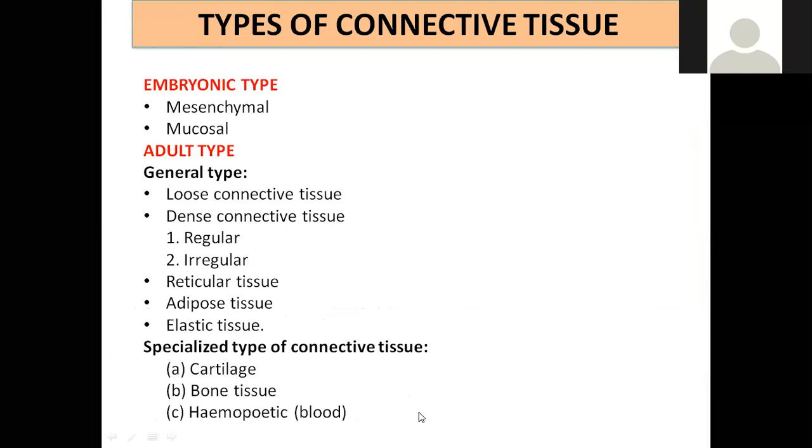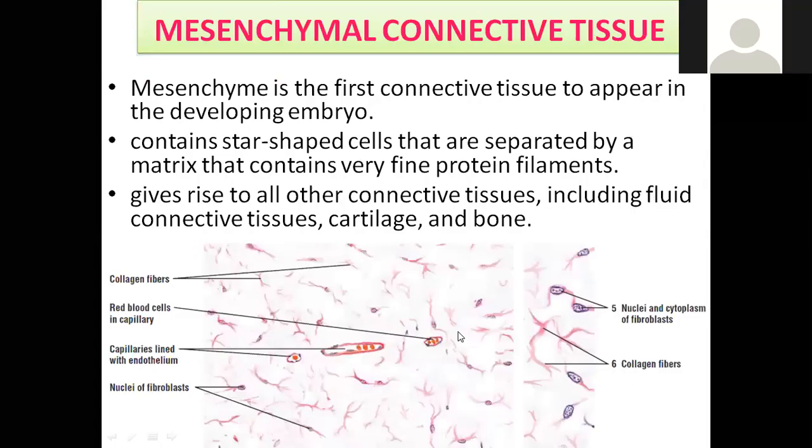How many marks was the question? 5 marks or 3 marks? This is 5 marks only. Okay, it is a 5 marks question. So if it is 5 marks, you have to give details. Mesenchymal connective tissue is the connective tissue we find in embryos, and this connective tissue is totipotent in nature, and it has the capability of giving rise to other